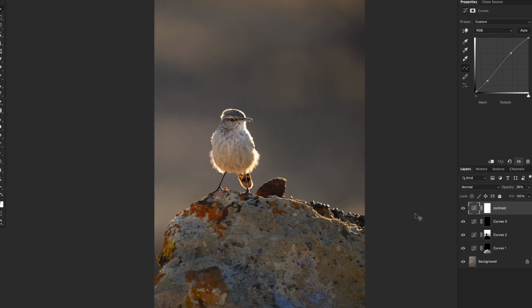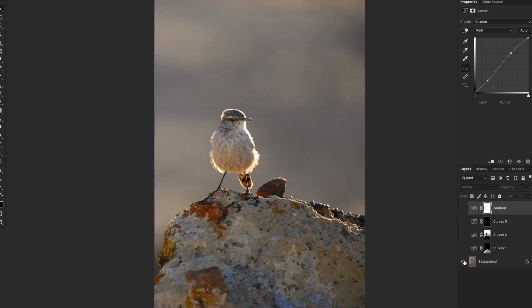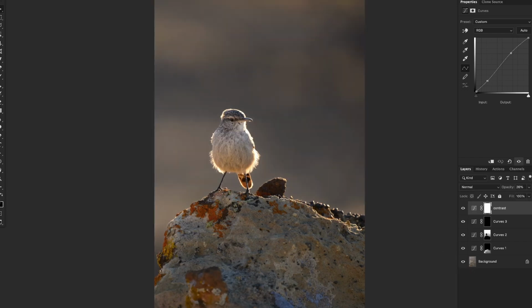So watch, if I just press the function 1 key on my keyboard, I get another one just like that, and then it's ready to go, and I can tweak it or paint on it, or as you saw here, lower the opacity so it just gives me that little shot of contrast, and then I think we're good to go. So from there to there, definitely makes the bird stand out a little bit more,